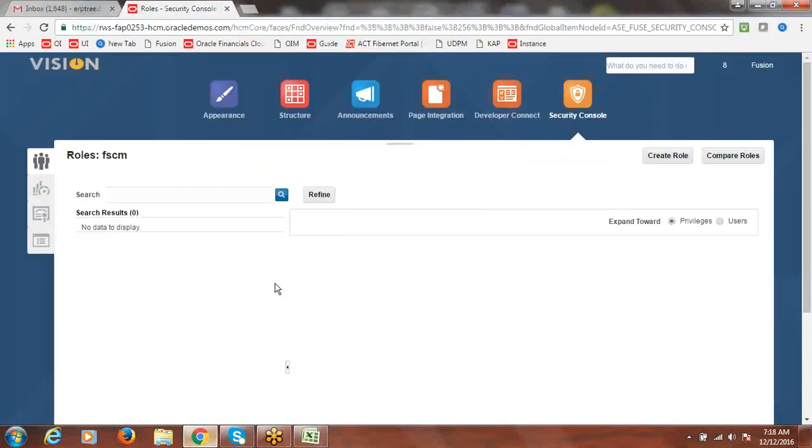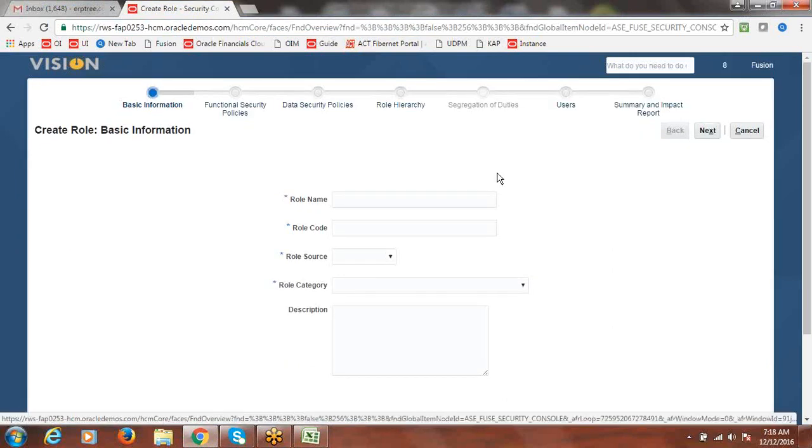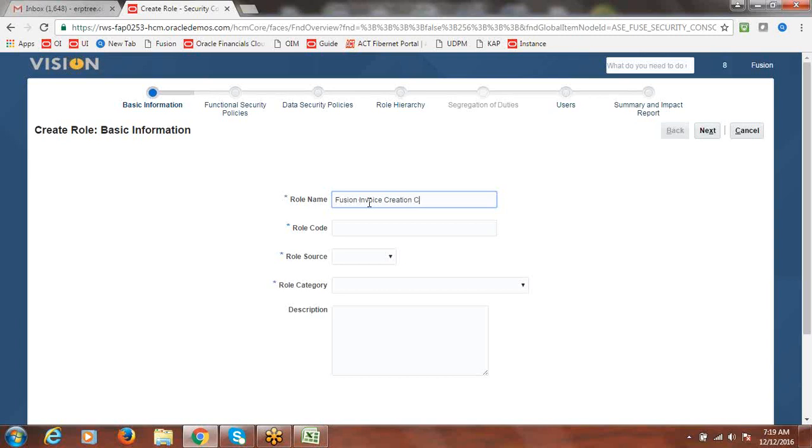How to create it? It's very simple. Click on security console, click on create role, and here you can give the name. I'll give the name as Fusion invoice creation custom.